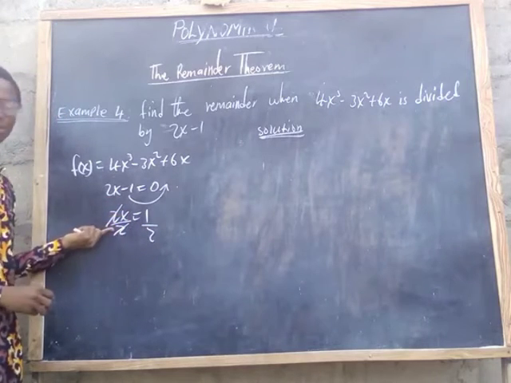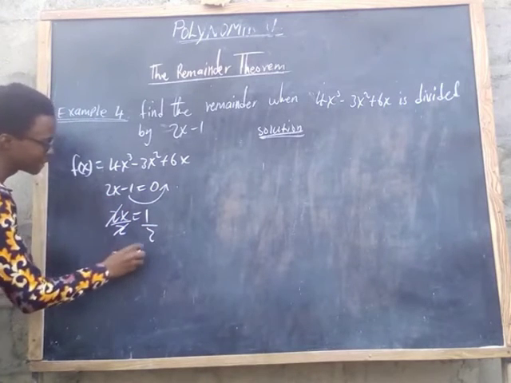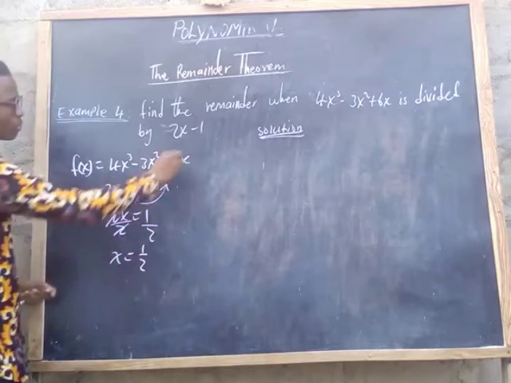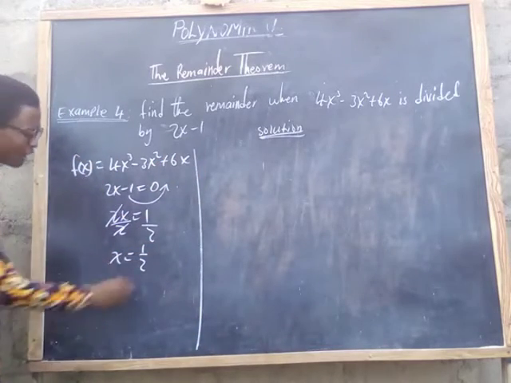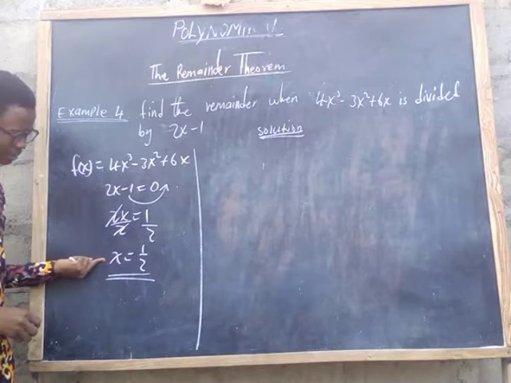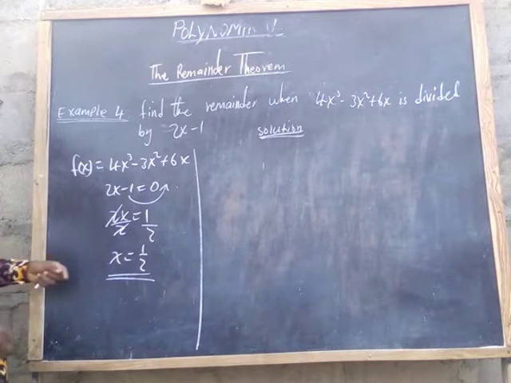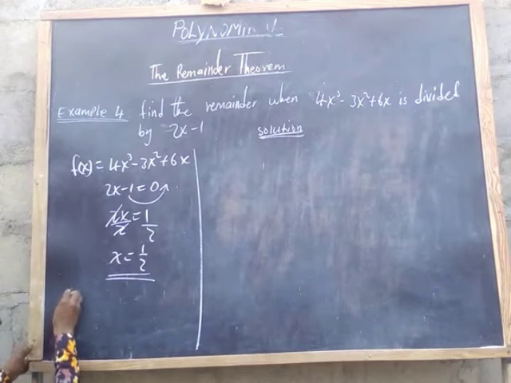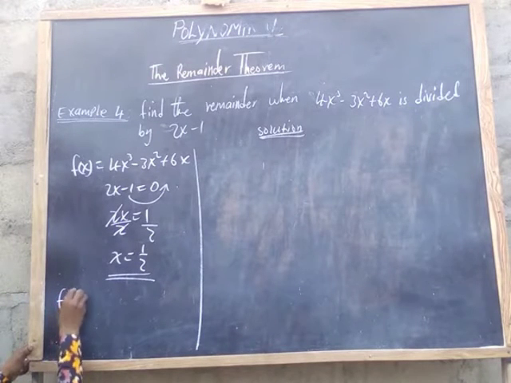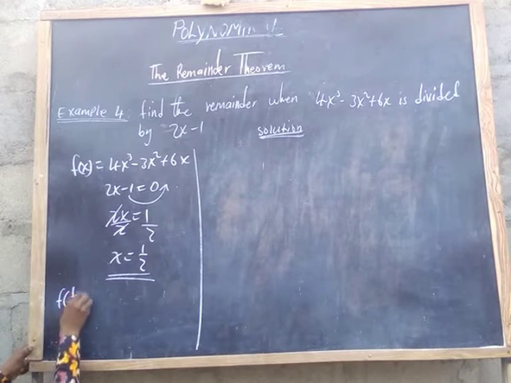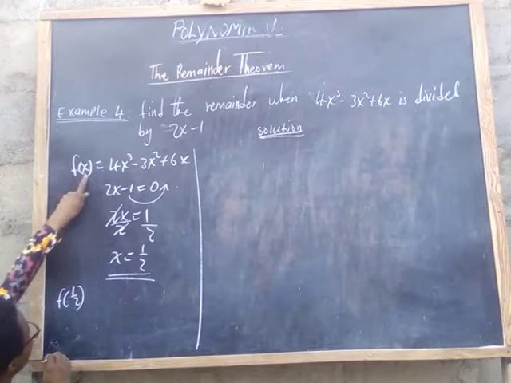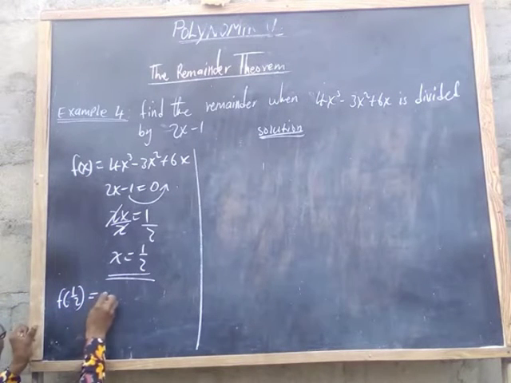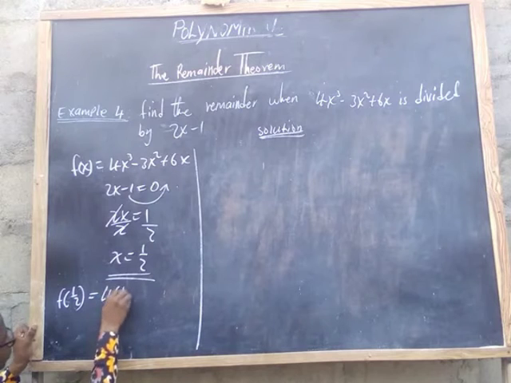2 cancels 2. What is remaining? x. x is equal to what? 1 upon 2. Do you see? So this is the value of x. What's next? We proceed. Anywhere you see x, you put half, right? So we say f of half. Instead of x now, you put half. F of half equals 4 bracket